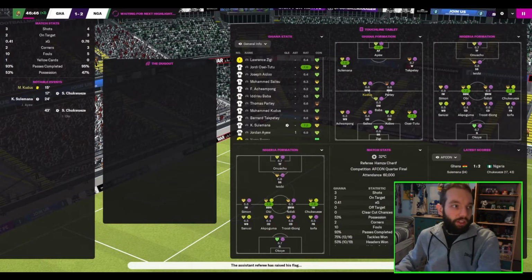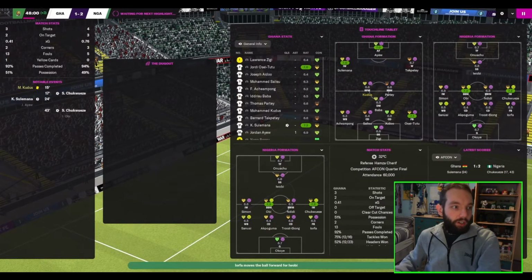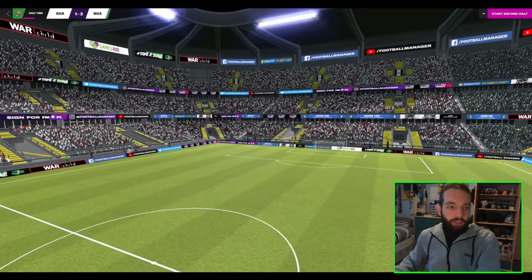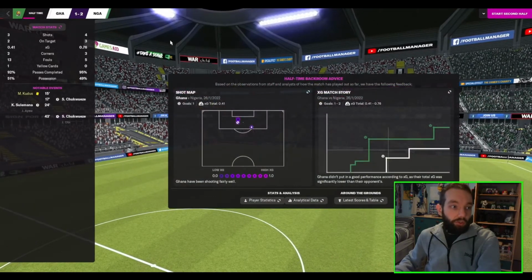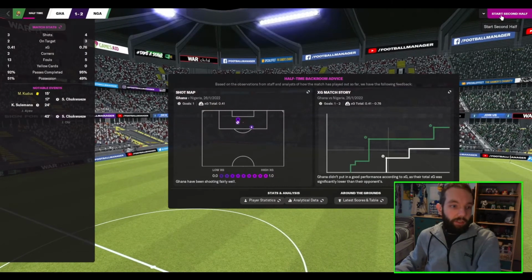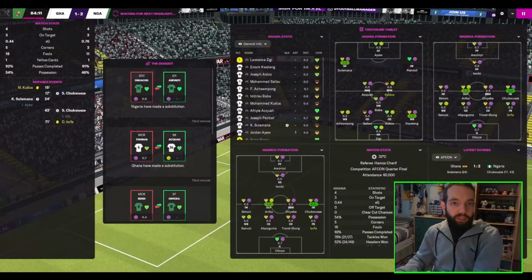2-1 to Nigeria as they look to be going into half-time very much deservedly in the lead. They've had the chances. The XG doesn't tell the whole story. The chances that they had have been very clinical. Less than 10 minutes to go now. Not much has actually happened in this second half as Nigeria look to be shutting out Ghana as much as